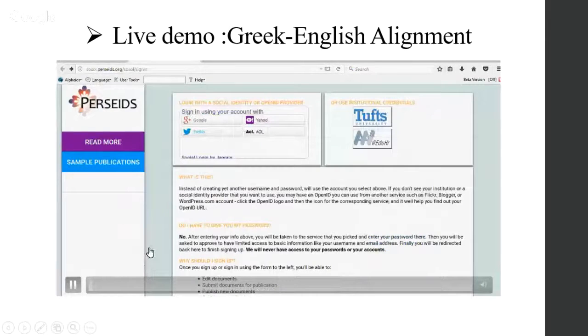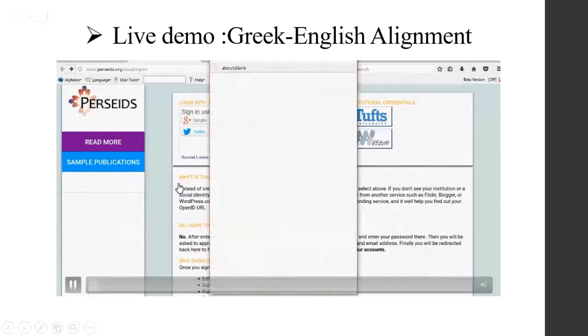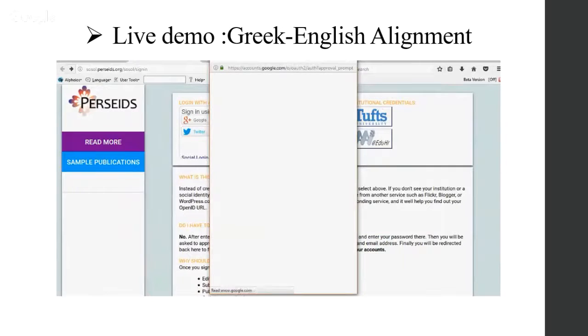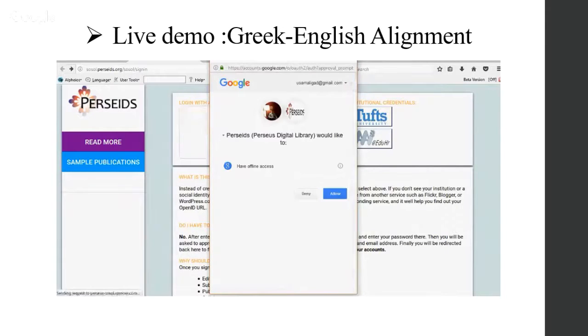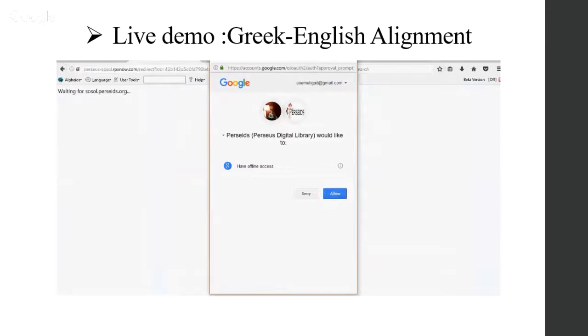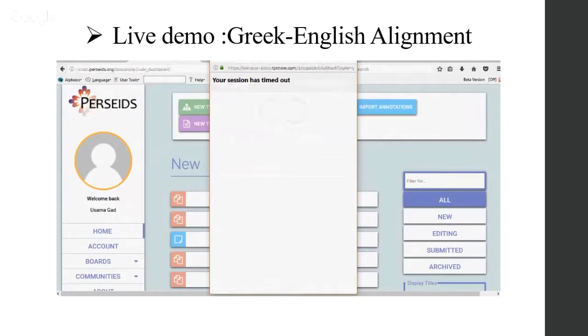Now you could sign into Perseids with your account, whatever it is, Google or Yahoo, or even with Twitter. When you sign in, you have to allow Perseids to have access to your account, just for the purpose of signing in.